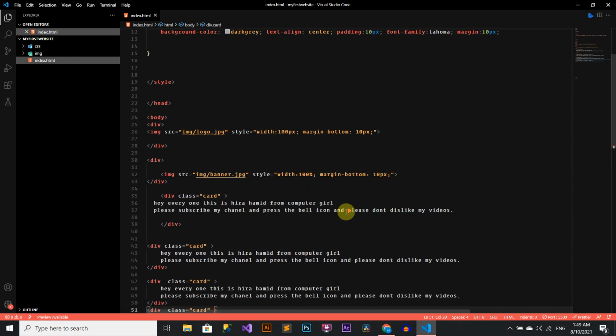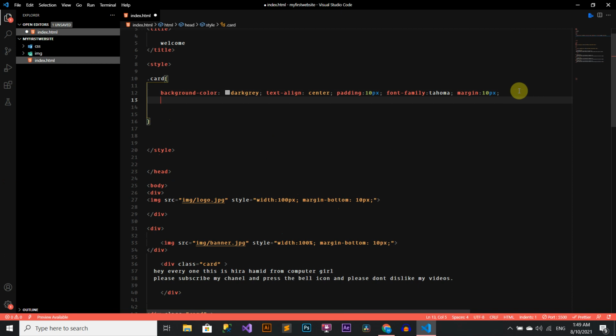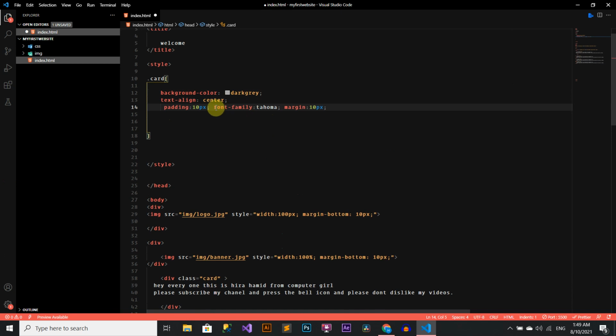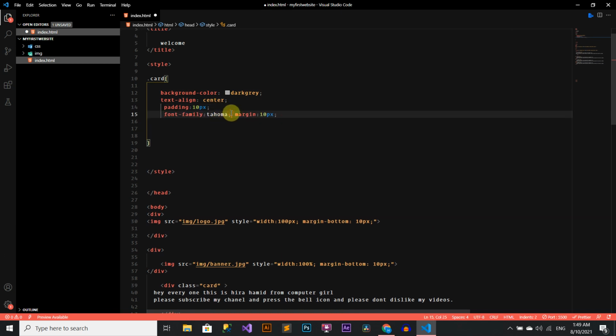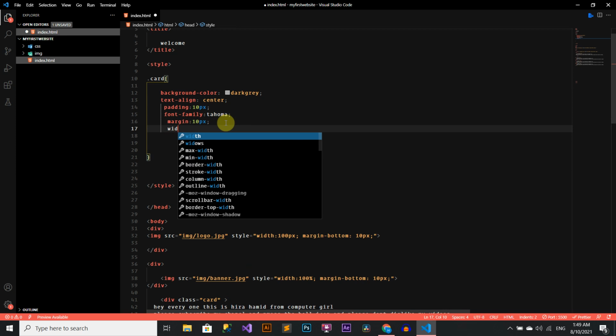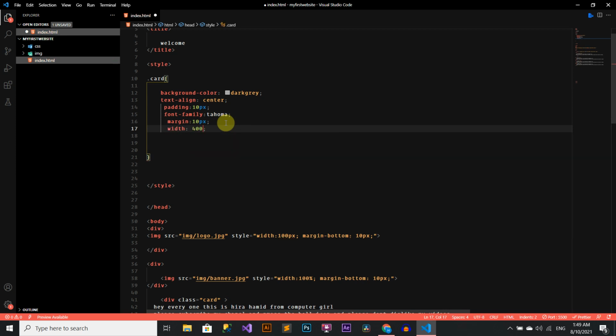We will add some properties inside the card class and you will see the magic, it will be applied on all. For example, we will set the width of card to 400px.